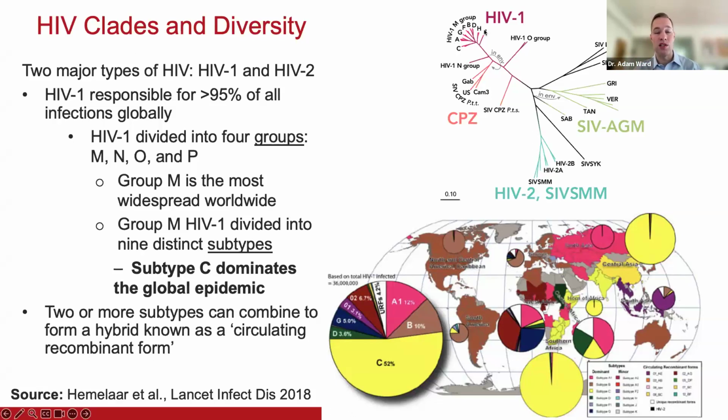So HIV-1 is most closely related to SIV viruses circulating in chimpanzees and gorillas, whereas HIV-2 is most closely related to SIV found in sooty mangabeys. And then this figure 2 shows the global distribution of HIV subtypes from 2010 to 2015. So again, note that subtype C is the most prevalent subtype globally, where subtype B virus is the major subtype found in North America, Europe, and Australia.